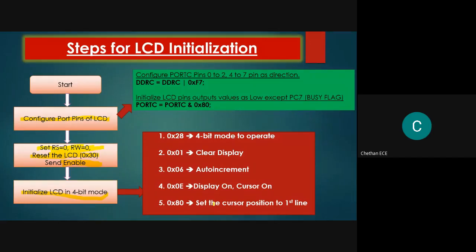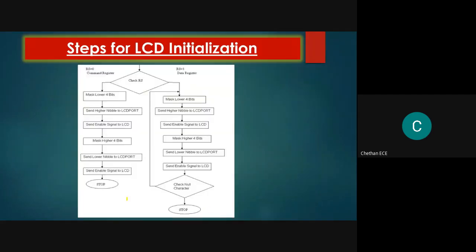I already explained in the previous slide, we have 2 lines in the LCD. If you want to display a message like VVC is great or your name itself, you want to set whether you want that data displayed in the first line or second line. If you want to utilize the first line, you have to send the command 80. If you want to utilize the second line, you have to use C0. Therefore, 80 and C0 are the 2 commands used for selecting the first or second line. And this is the most important flow chart for command and data.